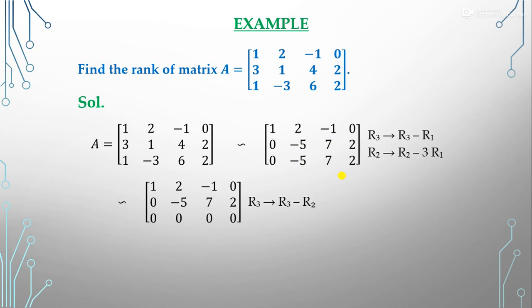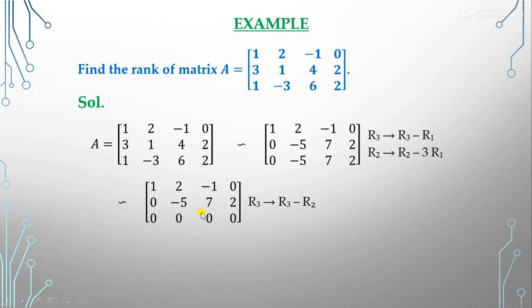So now here we apply R3 minus R2, and remember this: in which row you want to change, you have to write that first. Means we change in R3, so we write R3 becomes R3 minus R2. In the second place, that row has no change, only the first one changes. So here we do R3 minus R2, so this minus this becomes 0, this minus this becomes 0, 2 minus 2 becomes 0, so our third row becomes 0.